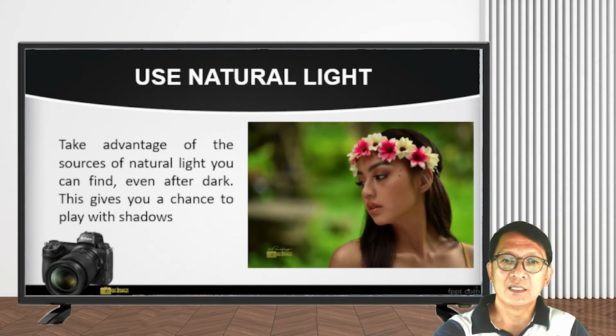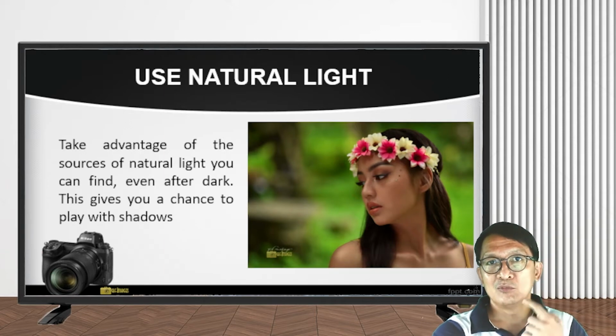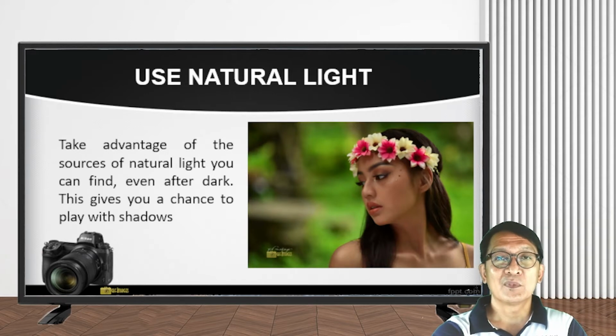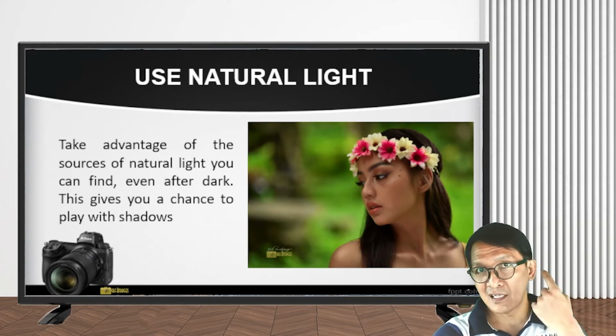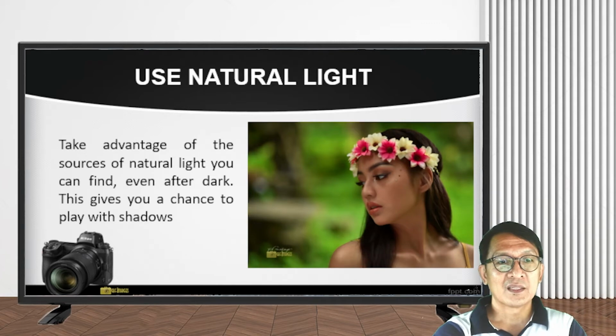Okay? Ayan. So that you can play with shadows, pwede yung paglaruan yung shadow niya. Kasi pag tirik na yung araw, yung shadow mo nasa baba na. No? Ayan. So, para ng mga zombie yung tao kasi nasa ilalim ng mata yung shadow.